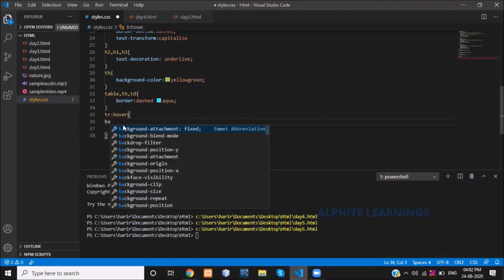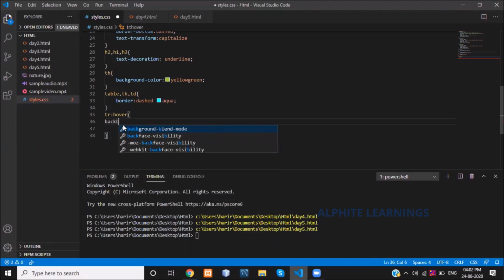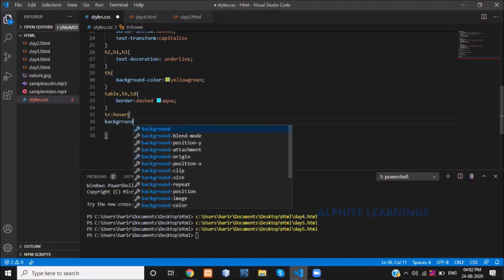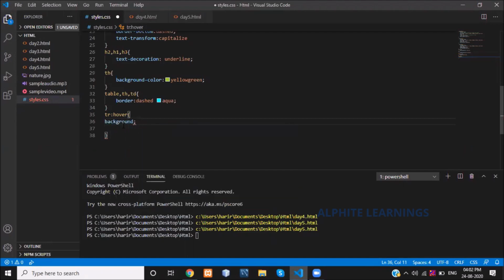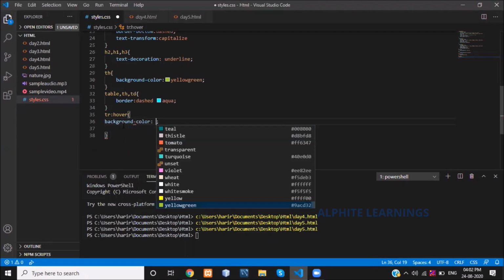How? Similarly, background color. Just I am giving yellow green.